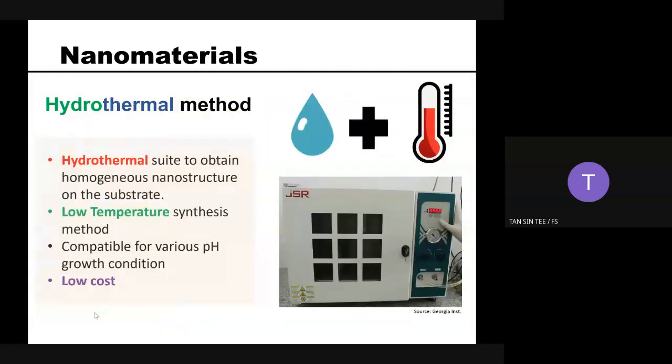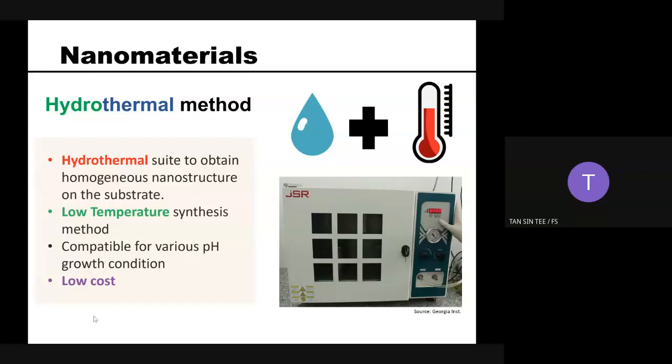So this is a short introduction, but all kinds of nanomaterial need a certain synthesis method to initiate the process. The general process used by scientists up to today is the hydrothermal synthesis method. In short, hydrothermal synthesis is forming the nanostructure from the water medium, and you apply a certain amount of heat to activate the nucleation process of the system. This method is very facile and convenient because it only needs a very low cost and is not very environment dependent.